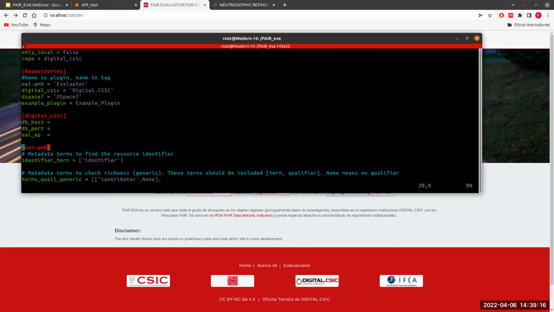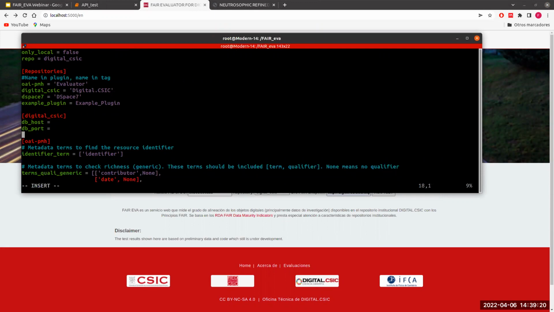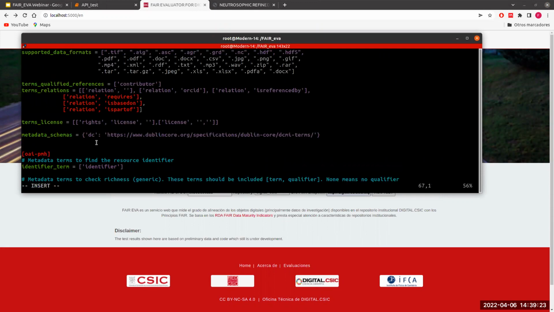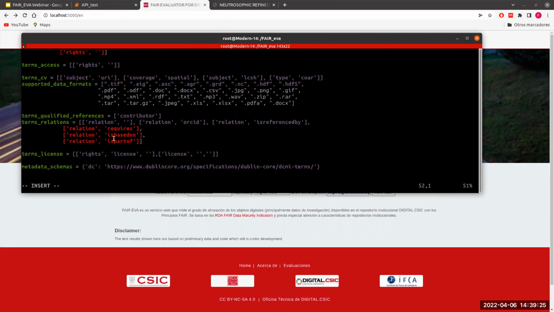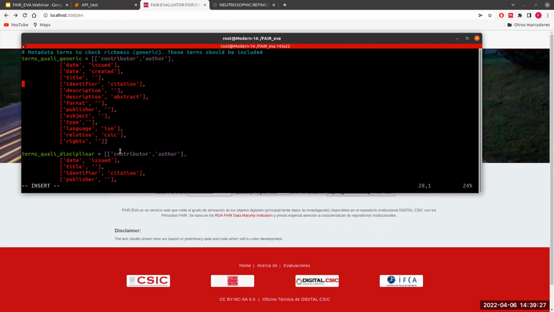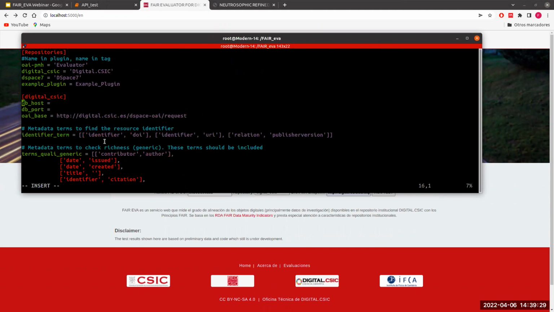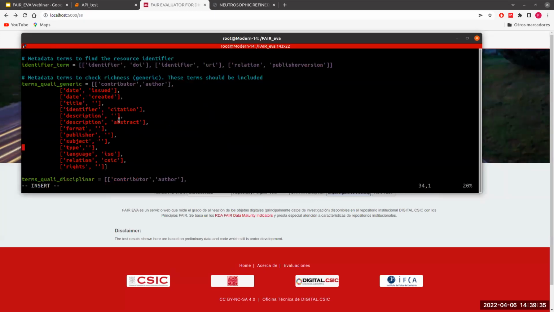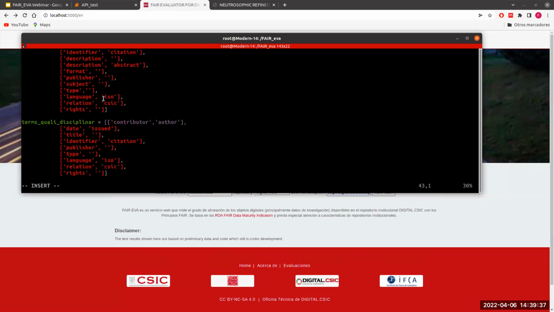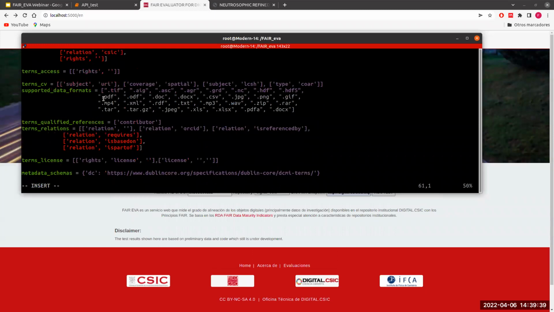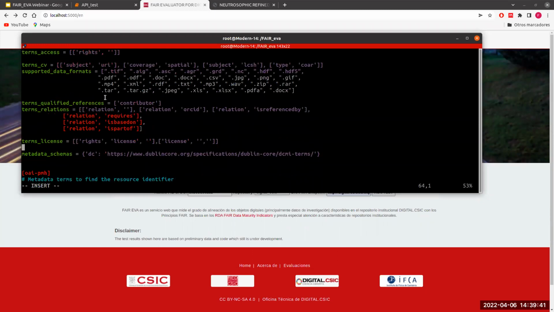Okay, so I have prepared the proper configuration. I can paste it here, and I included more information. This is different from the generic implementation of OAI-PMH. We have included specifically which metadata terms to check, also with qualifiers, etc., and it will enrich our application and our plugin for Digital CSIC.